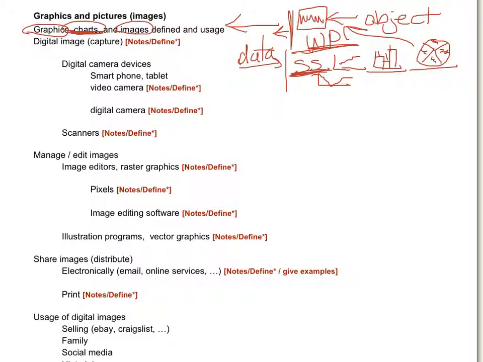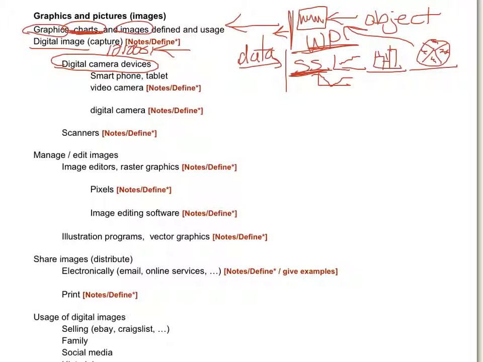Alright, so that's a little bit of a definition. A digital image means it's been digitized. It is made up of ones and zeros. The more ones and zeros, the better the image is going to be. So we digitize images. How do we digitize images? Well, we can use